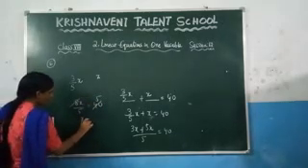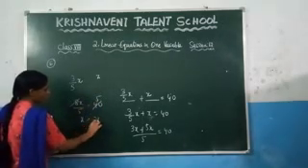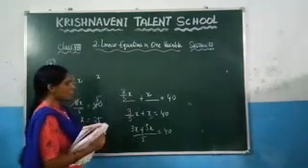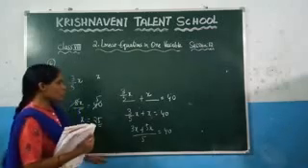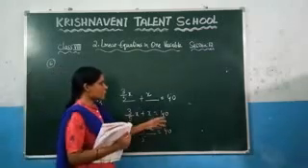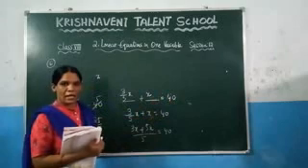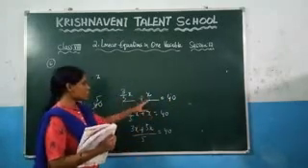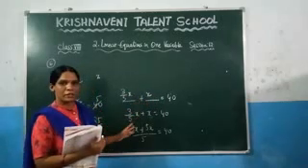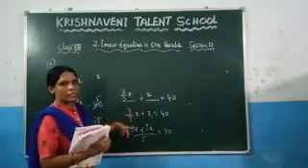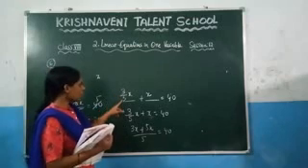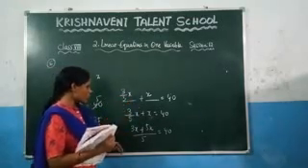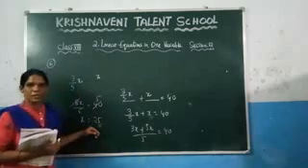Now what is the value of x? 5 into 5, which gives you 25. This is the number of boys in a class. So here, what is the question given? The total number of students in the class is given as 40, and they have given the number of boys is 3/5 of the number of girls. So let us consider the number of boys as x, and the number of girls will be 3/5 of x. After solving this one, we got the number of boys, which is 25.